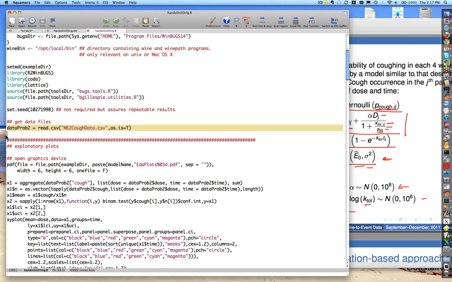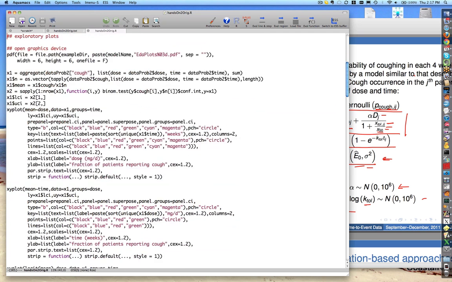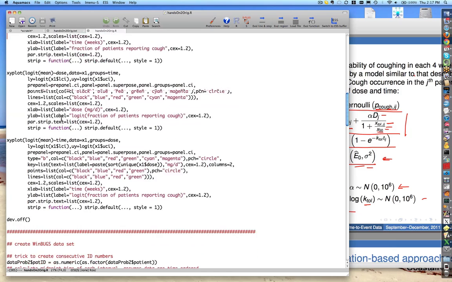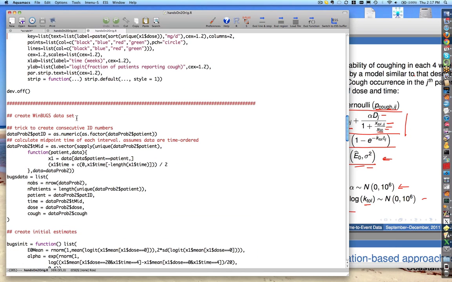So the first thing is I've got to read it in. I'm just using the read.csv function here to read in the data. And this is where those exploratory plots were done. We can skip over that. And a couple of things here. One that I'll point out is that in some cases you may have